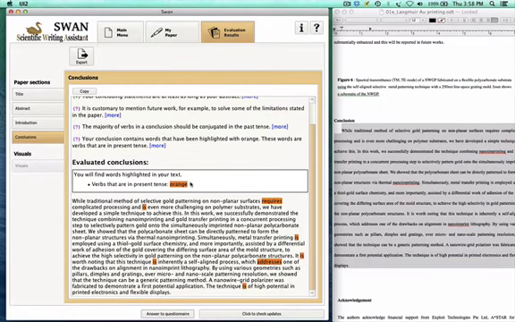So the verbs in the present tense are here in orange, and so have a look at that. Is the present tense the correct tense to use here because you're presenting a fact, or should you use the past tense because you're narrating the work that you did in your paper? All right, so